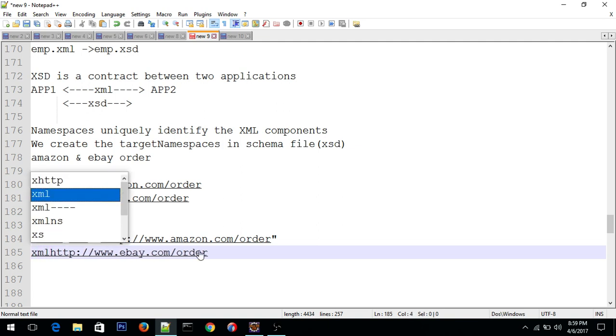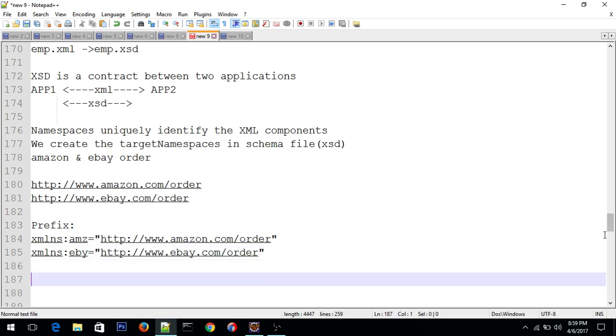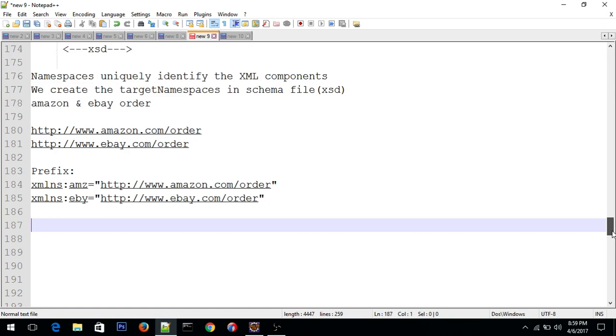And the same thing, xmlns:eby, similar thing. So to differentiate this while using it in XML, we define all these things in XSD, and when we use this in XML,